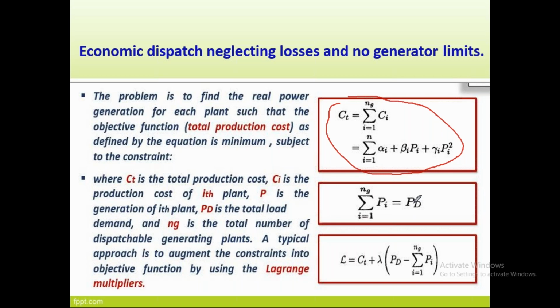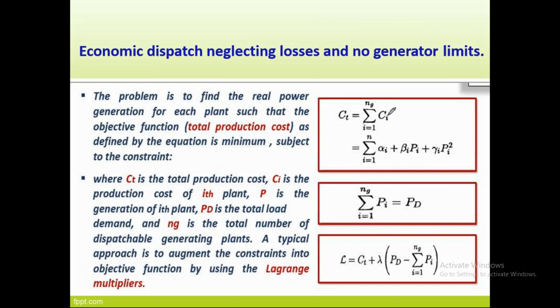Finally, the load demand can be equated. These two equations are important to solve for PG1, PG2 and so on up to PGN. These two equations are very important. You have to write them. These are the two initial equations for solving the load scheduling. One is the cost equation, another one is the power demand, that is PD. Here CT is the total production cost.